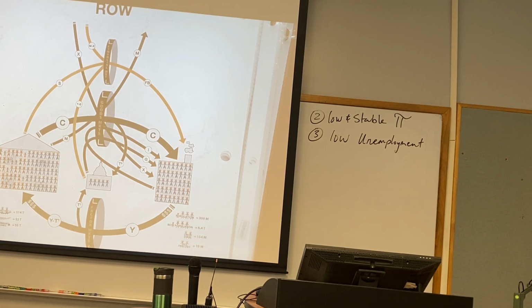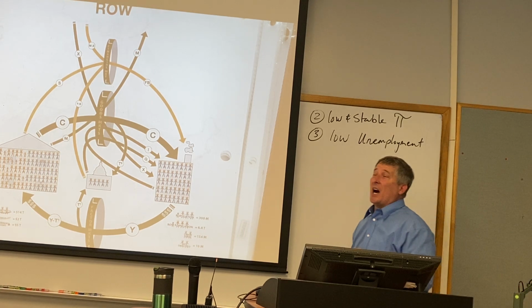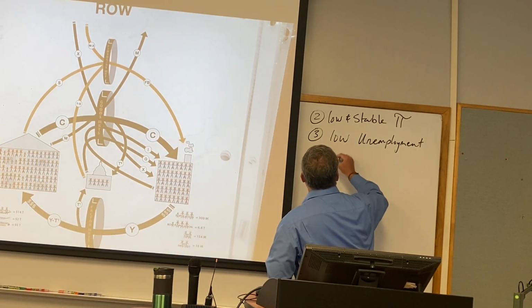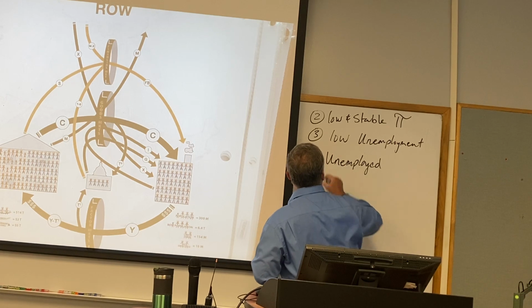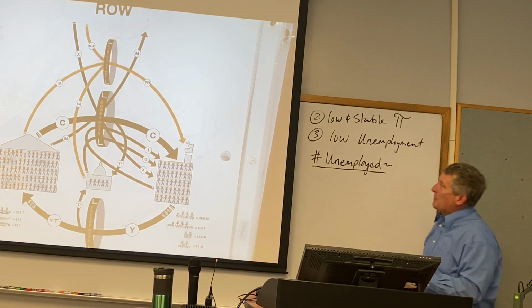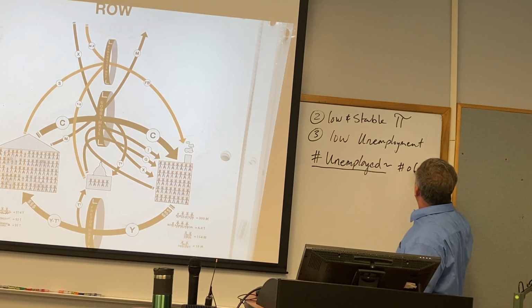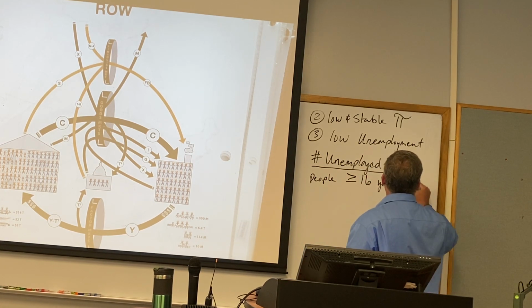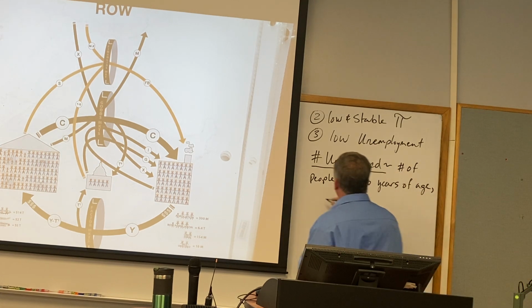So we have a certain fraction of the population that's not working, and so who do we consider unemployed, right? Who are the unemployed? Well, the unemployed are going to be people who want to work but aren't working. So our definition for unemployment: let's put the number of people unemployed. The number unemployed is the number of people greater than or equal to 16 years of age, non-institutionalized,